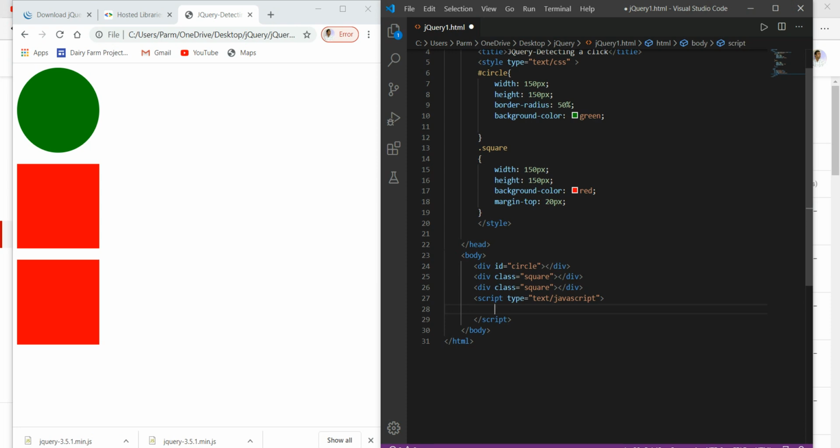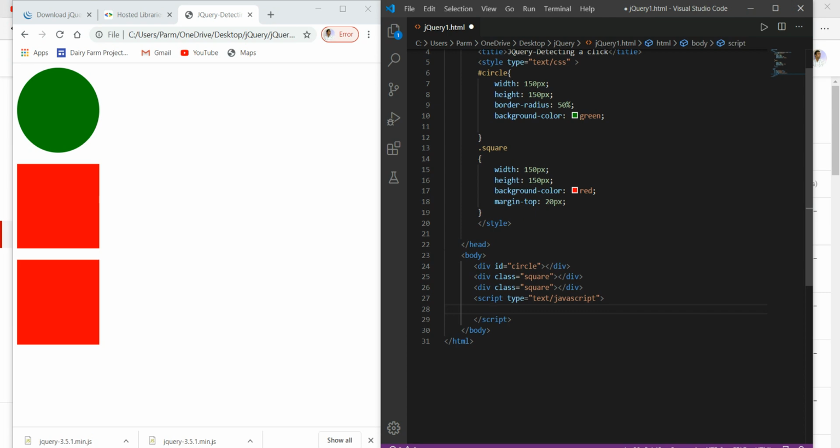In order to get this click event, we have already done this in JavaScript, where we were getting the element by its ID. Here we also have the element ID, like the ID is circle, then the class is square and square. So in the case of jQuery, we will use a dollar symbol.